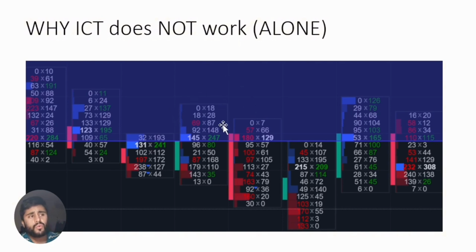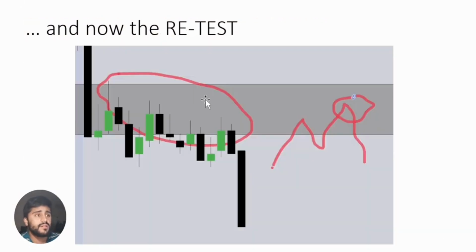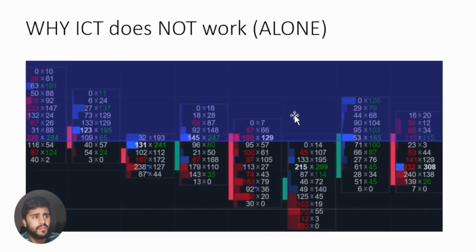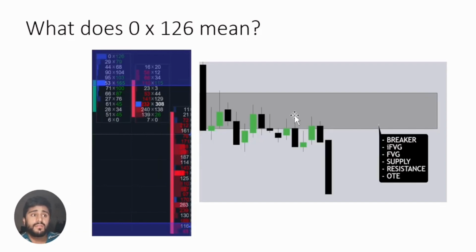So just from an order flow perspective, what's going on is we see these aggressive buyers failing to drive price higher, driving price above this key level, right? This gray box over here, which was actually this gray box over here. So 15-minute fair value gap. Inside of the 15-minute fair value gap, we see aggressive buyers failing. Now, what does